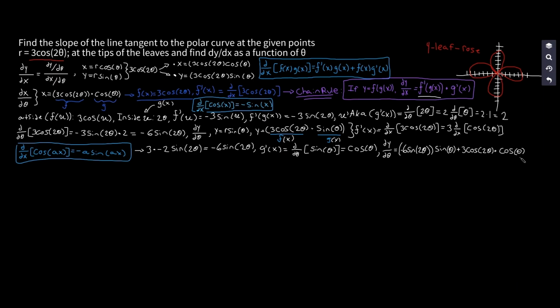No, excuse me, that's what our derivative of g is set to, g prime. That's what we found it to be. And then with a little bit of simplification, we're going to get -6 sine of 2 theta